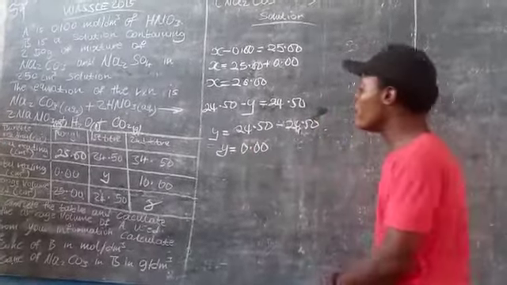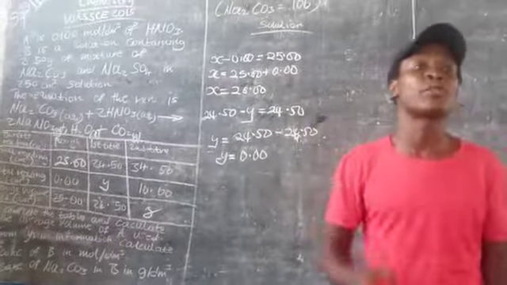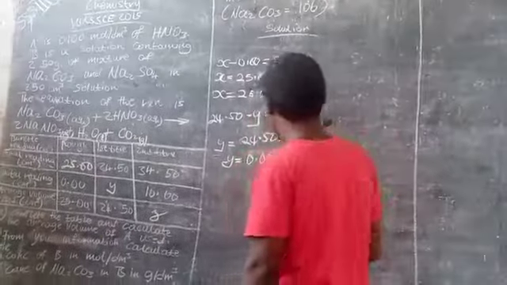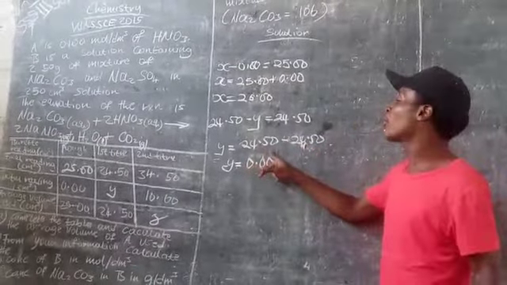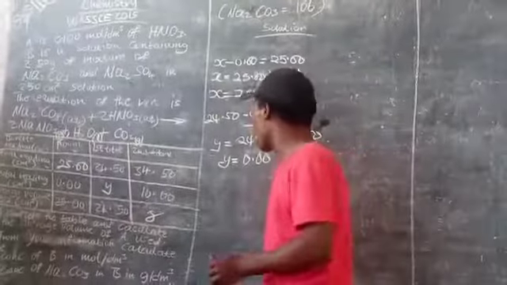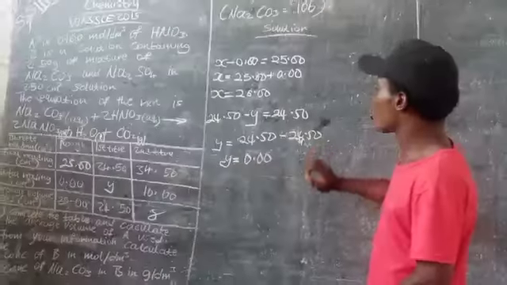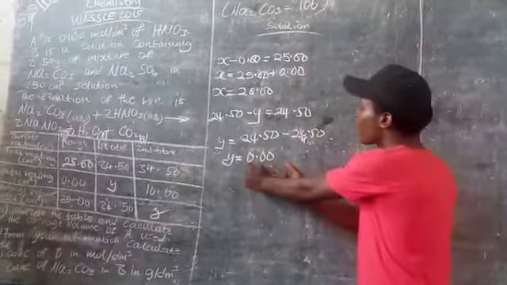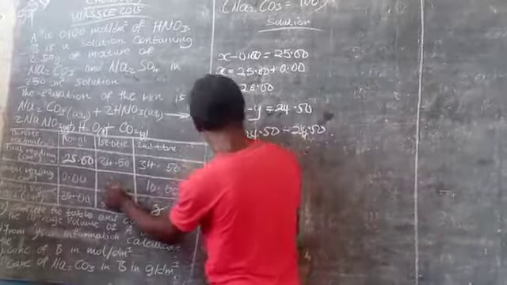0.00. Mind you, when completing the table, it should always be to two decimal places. Because if you are looking from this angle, 24.50 minus 24.50 in your calculator, in some calculators, will give us 0. But we should take into consideration that since we are to write it to two decimal places, we should write 0.00. So therefore, our y here is